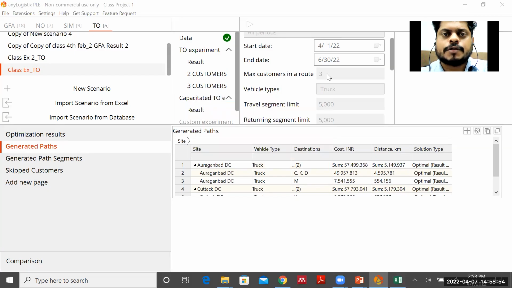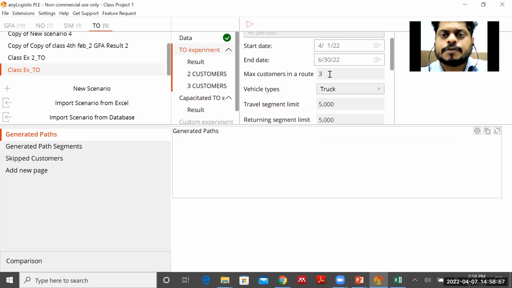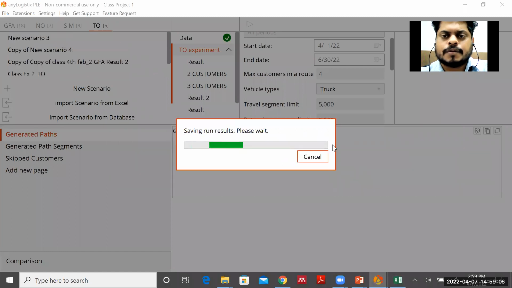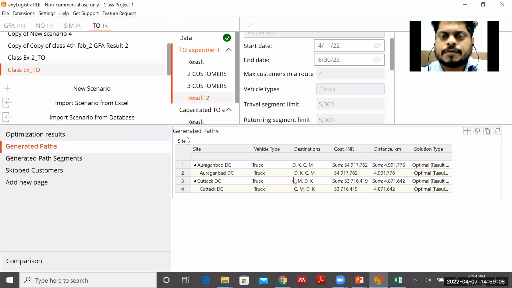Then last one I'll run telling maximum customers in a route is 4. Okay. So see, if I have the option, which again becomes a problem, right? Though my cost is gradually reducing, but think about customer lead time, right? Some customers, so here I have not changed the lead time. The lead time is 30 days, but none of the customers will have a 30 days lead time. Some customers might say that whenever I put an order, I should get the vehicle within 7 days or 15 days, right? So because I'm sending only one vehicle and that vehicle will cover all the path, it will take